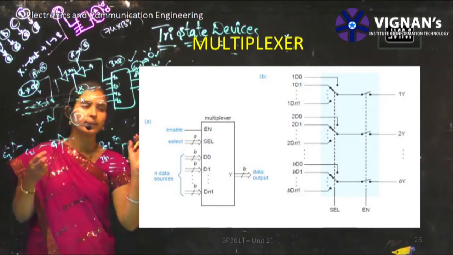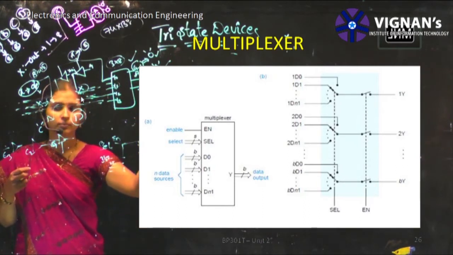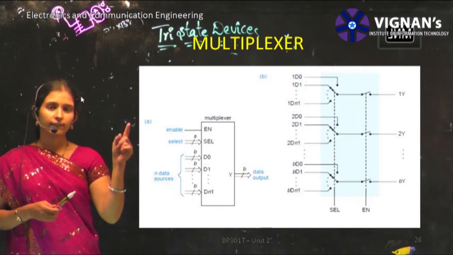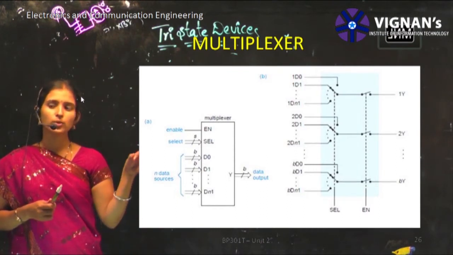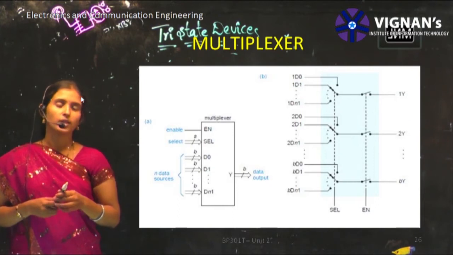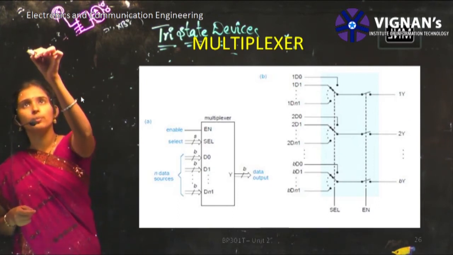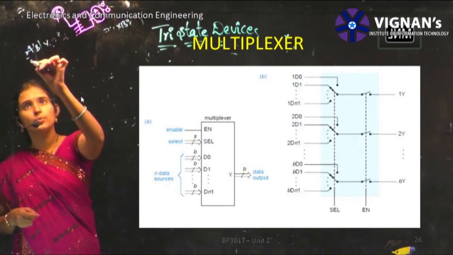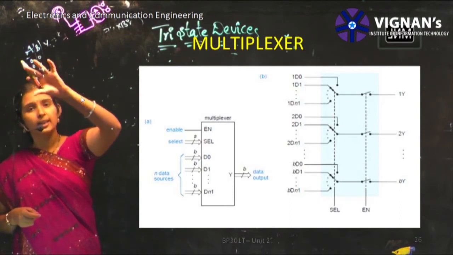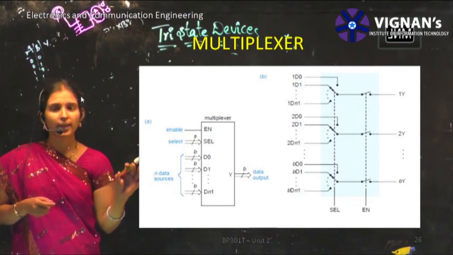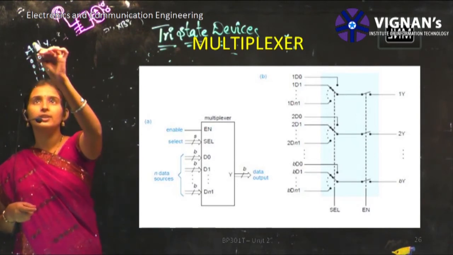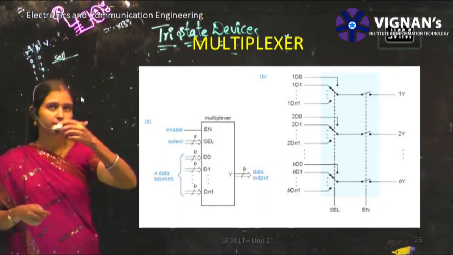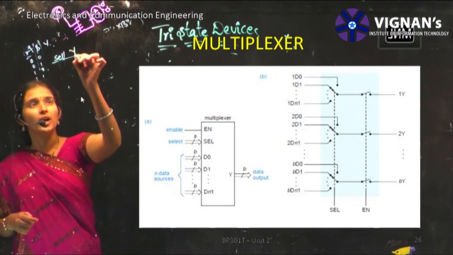Normally we'll be telling, you have two inputs. There you will be seeing a multiplexer. It will be having enable input, selection input as well as data input, and one will be your output. Normally we will be telling you will be having two inputs, A and B are your inputs, Y will be your output. Like two inputs means 0 0, 0 1, 1 0, 1 1, like that we'll be telling, all in combinational circuits. But here in multiplexer we are not dealt with the inputs, we'll be more concentrated towards your selection inputs. Depending upon your selection input, your output will be assigned.